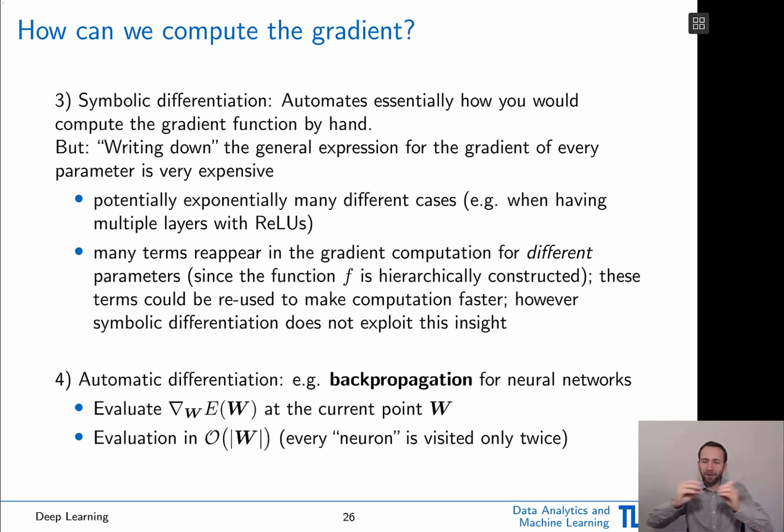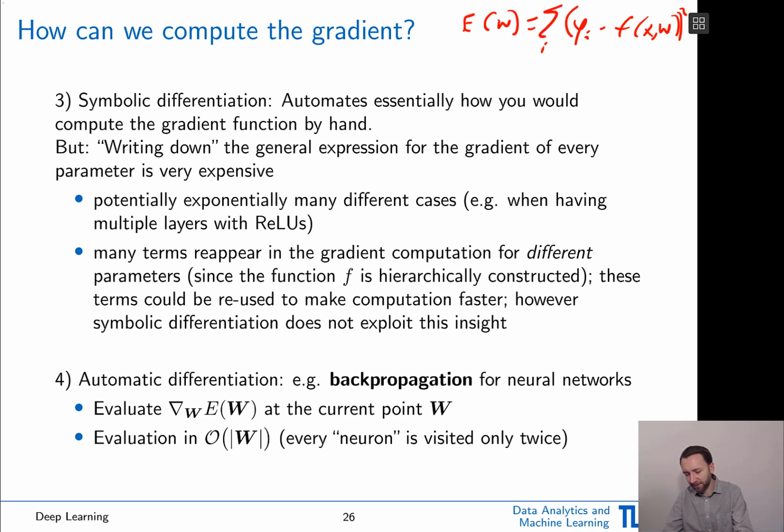So you have your network function, your f function, or this e of w function, including the loss, right? So again, e of w could be something like this. Let me just add it. So it could be like the prediction y minus the neural network output squared over all instances i, right? Just to be clear here, one more time. So here's the neural network part, here's your loss part, and this is what this function is, right? So you can do this. You can automatically compute the gradient, symbolically compute the gradient of this,